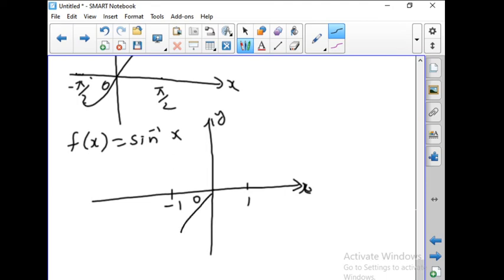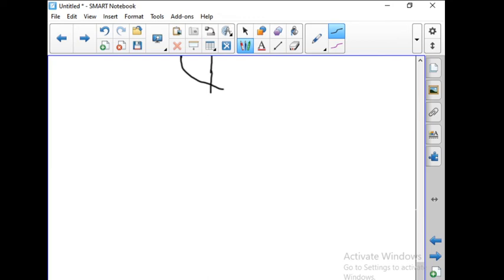It goes like this. Here you will be having pi by 2. So, at pi by 2 it reaches the maximum height. So it goes on like this. The sine curve, you remember, you will be having just the opposite here. Here we have a turning. It goes like this, and like this a curve will be formed. So, now you can refer to the book for the diagrams.